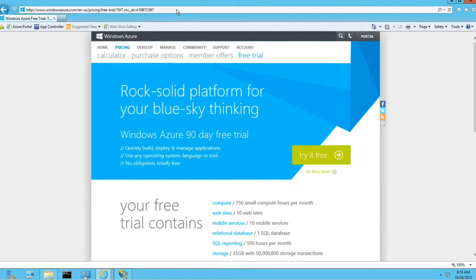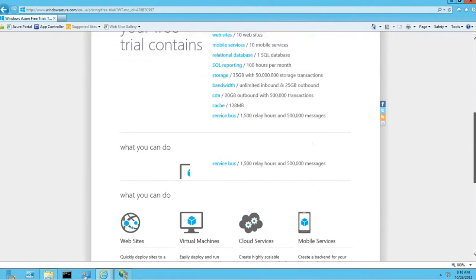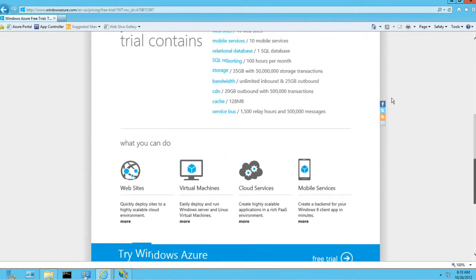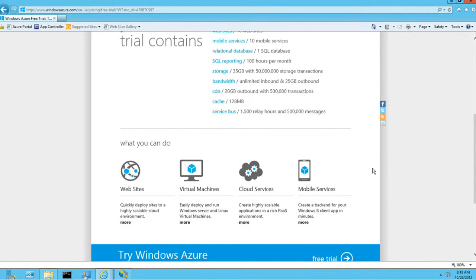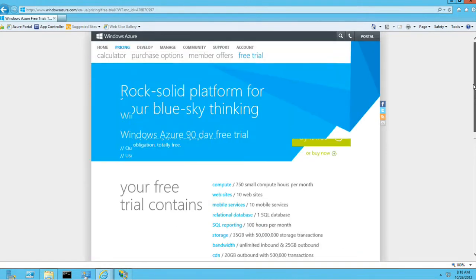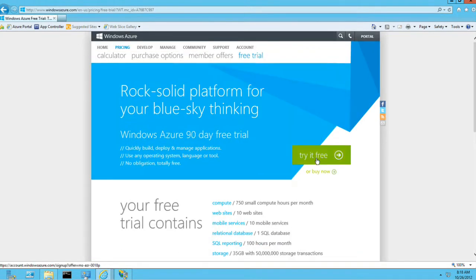This will bring you to the sign up page, and from here scroll down a little bit, and you'll see much information there telling you about Windows Azure and what you're getting for the 90-day trial. To kick off the process, all you have to do is click try it free, and you can go ahead and finish the registration,